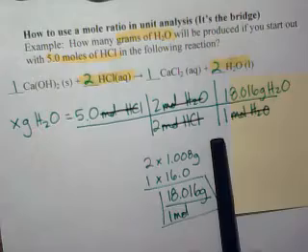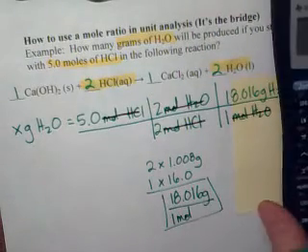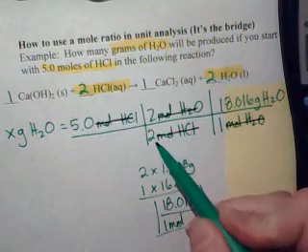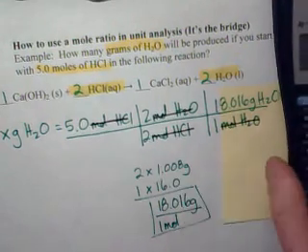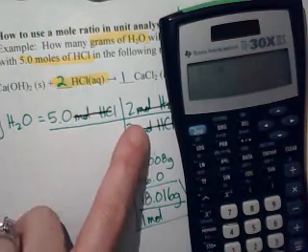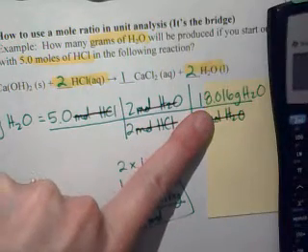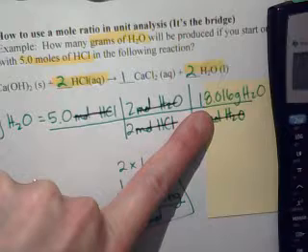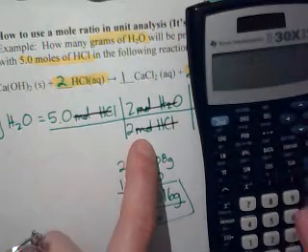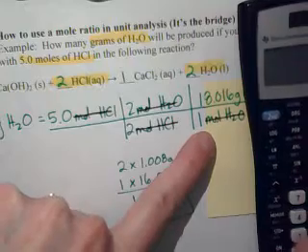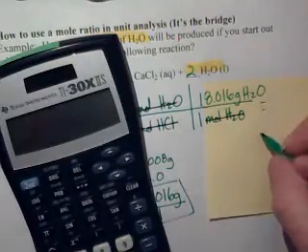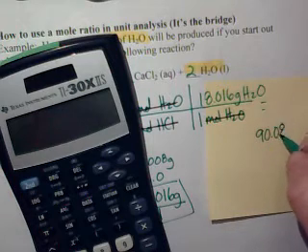I'm ready to pick up a calculator. If you're super awesome at math, you've noticed that you have some 2's here you can cancel, but I'm not going to do that. I'm going to go ahead and plug everything in. I'm going to put 5.0 times 2 times 18.016. I'm going to come back and do divided by 2 divided by 1, and I get 90.08